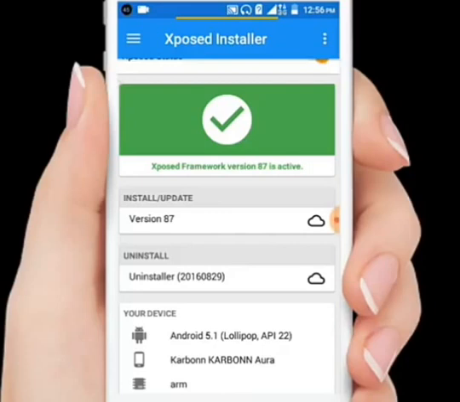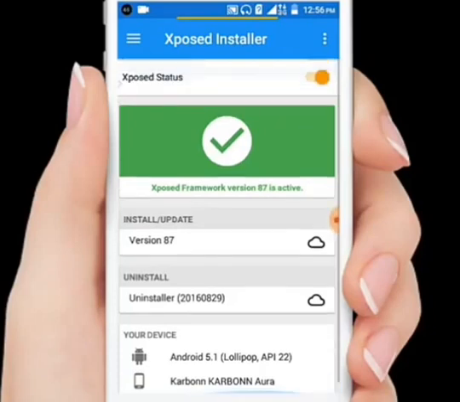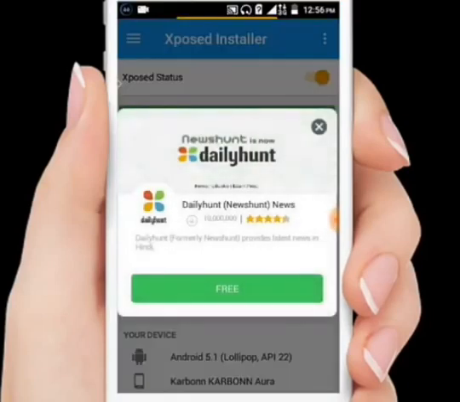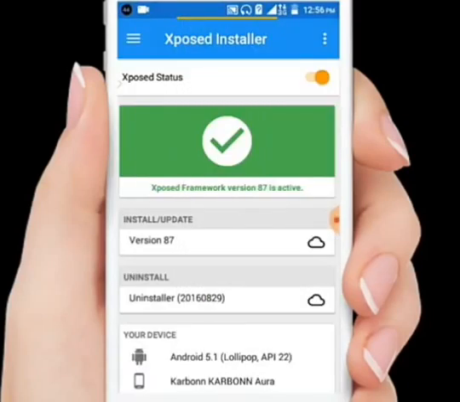This process will take up to 15 to 20 minutes, so don't be afraid that the mobile is dead. Nothing will happen, but remember one thing, do not change the battery. Don't touch your mobile, just give the mobile time for booting, 15 minutes guys.